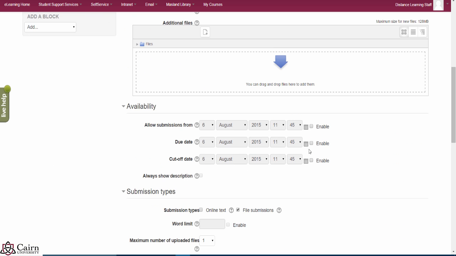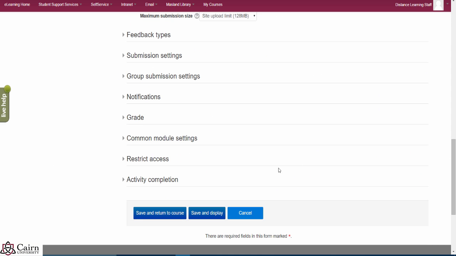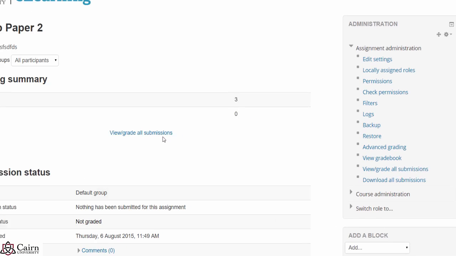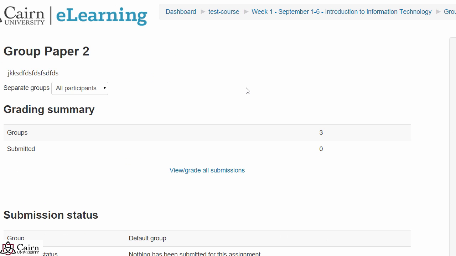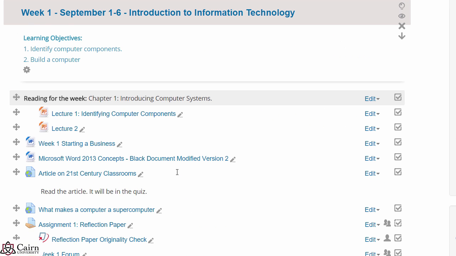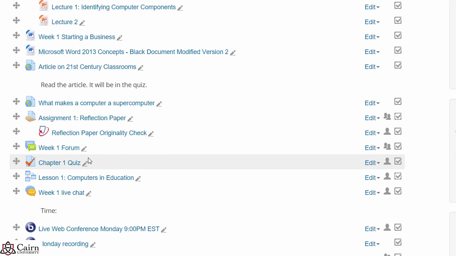We can change potentially the due dates, but pretty much leave everything else alone unless you want to change something. So once it's changed, that was just as easy as that to utilize and post the assignments for your students. So that was using just the assignment option. You can utilize this same tool for duplicating items for pretty much anything,